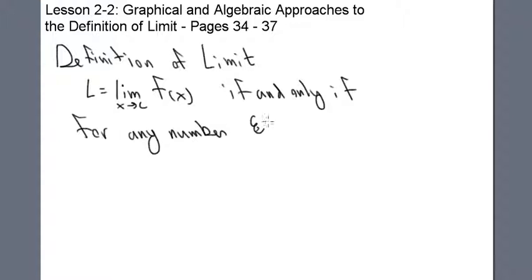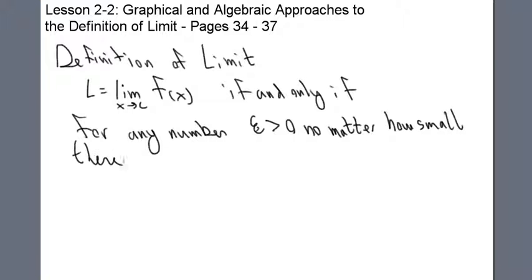Any number epsilon greater than 0, no matter how small, which means we want it to be small, there is a number, and this is another Greek letter, this is delta, a number delta greater than 0, such that